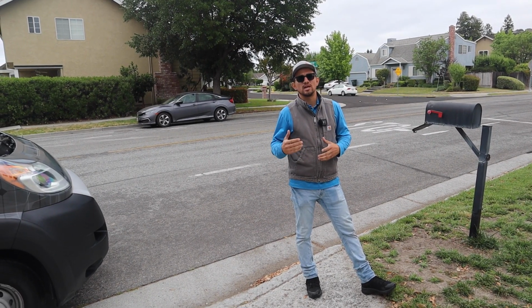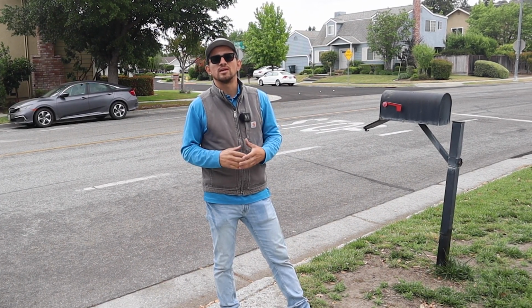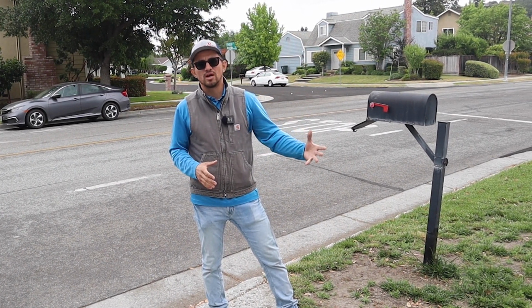So that's gonna factor into my time of how I clean it, how long I'm gonna take to get it done. So that also interferes and can make that price go up when it comes to gutter cleaning. But like I said, my base price starts with the linear footage for both the gutter cleaning and